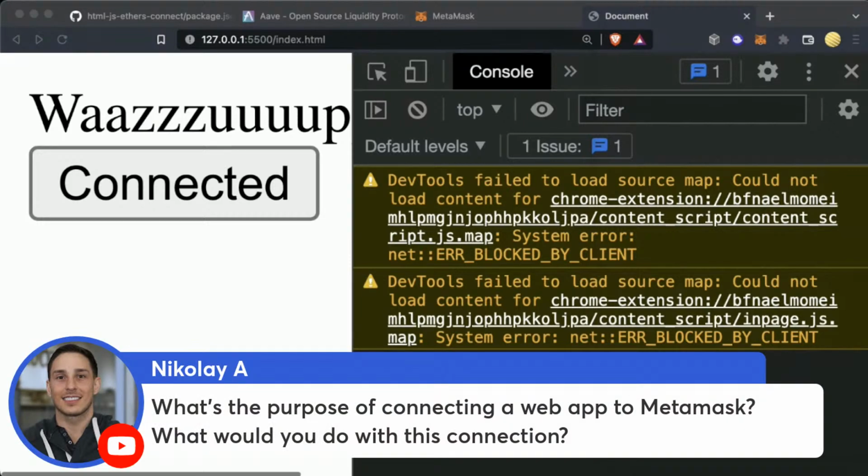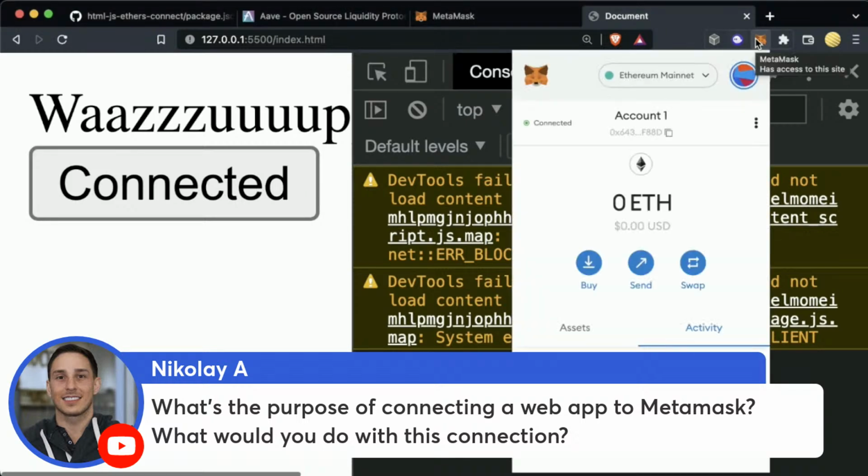What is the purpose of connecting a web app to MetaMask? Well, what would you do with this connection? Amazing question. With this connection, we can send transactions to whoever is connected to their MetaMask, right? And this gives rise to this concept called Sign-In with Ethereum, right? Instead of signing in with an email and a password, which in my mind is way less secure because if the database gets hacked, or if they forget to salt the passwords and all this other stuff, instead of having to rely on some centralized login, they can just log in with MetaMask and then send transactions through your website to the blockchain. So it's incredibly powerful here.